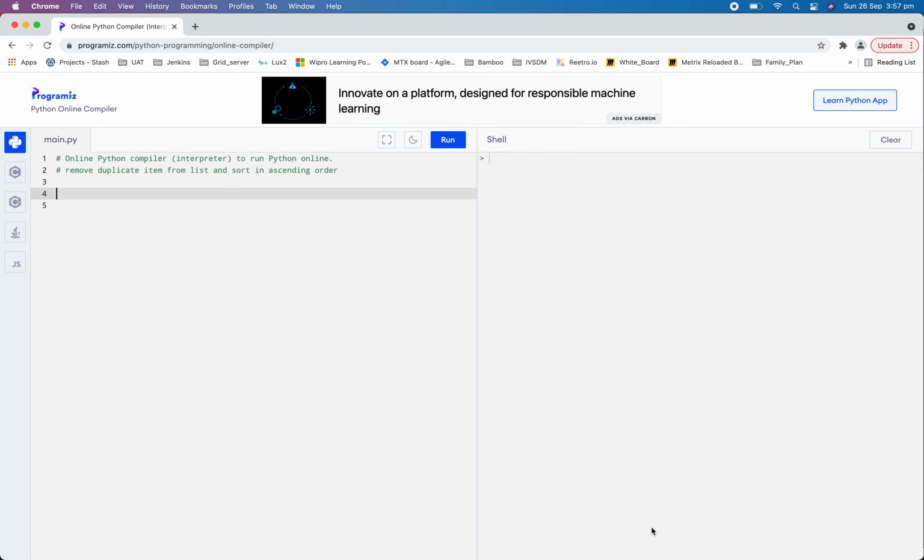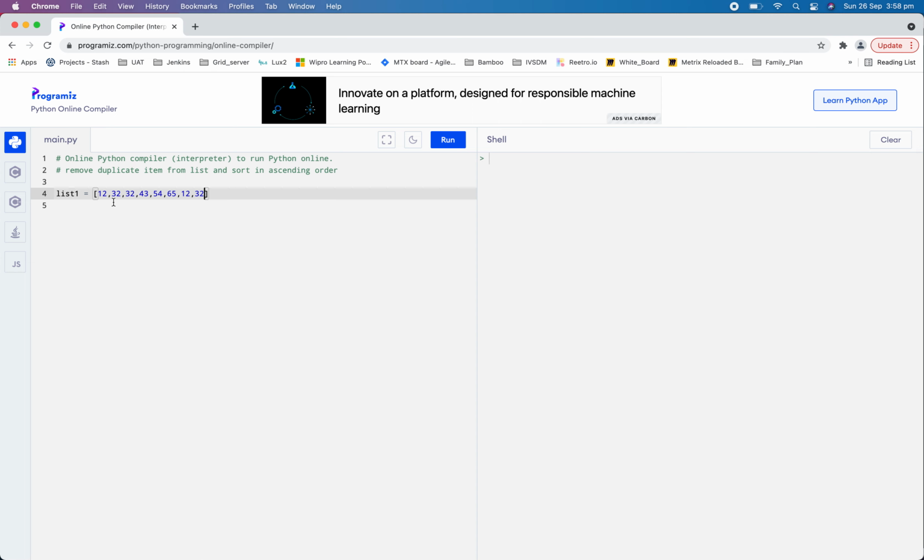So just suppose our list name is list1 and the items present in the list are 12, 32, 23 or 32, whatever. If you see in my list1, there are two duplicate items.